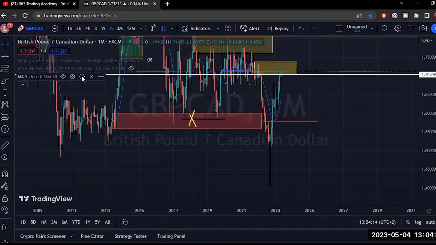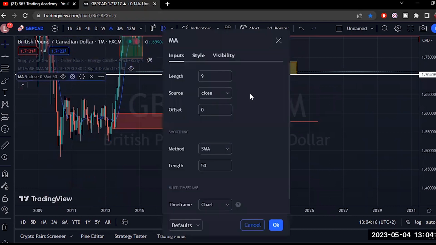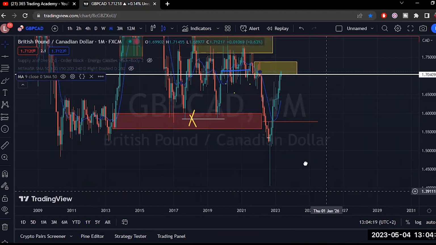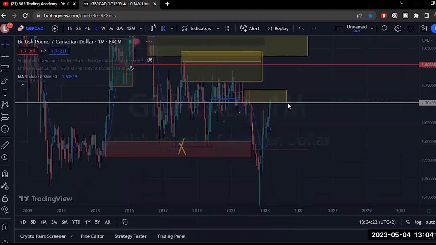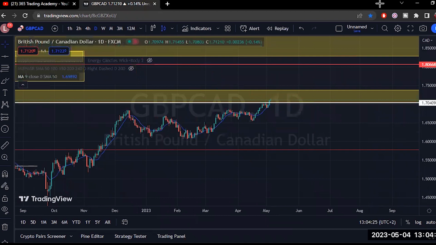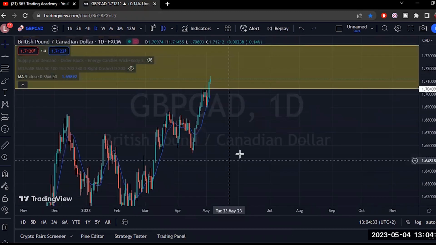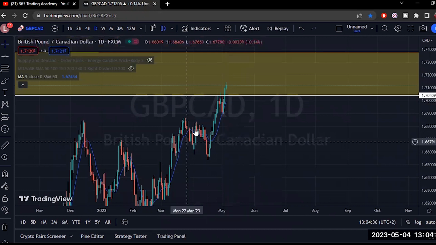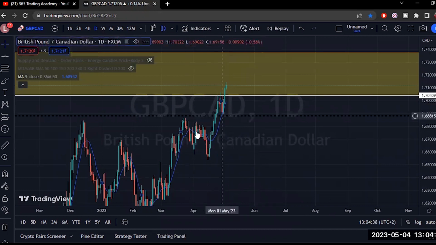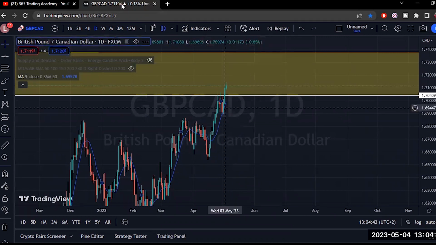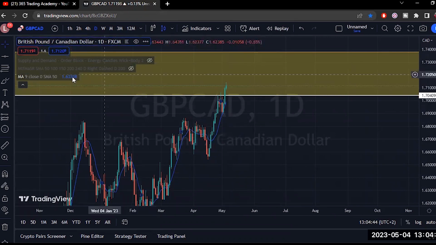Is that right? Yeah, it looks good. Press OK here. Right. Then let's go to the daily time frame now. Don't forget the white line. There you go. Boom. See, the 50 length is good for something like daily, H4, a monthly chart something like 200. But you can see, right, that blue line that I first drew freehand, there's some building support here, right into the supply zone, and that's going to become very important later on.